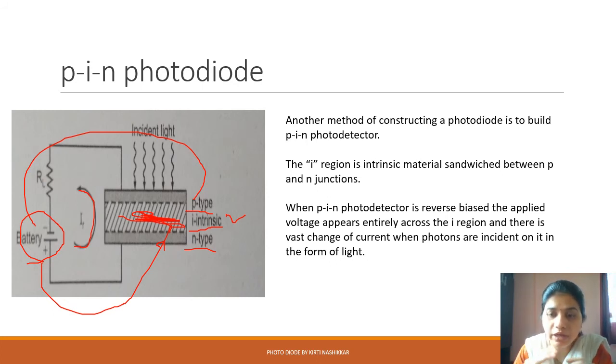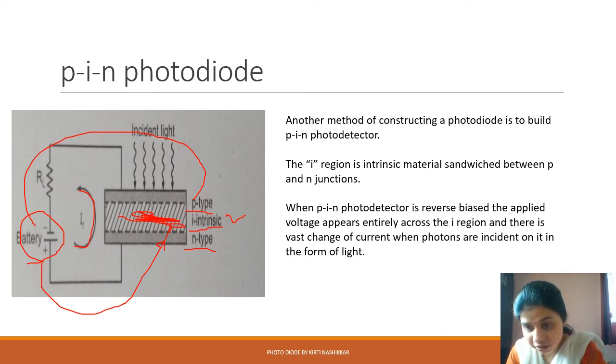Okay, and now the electron becomes free, and as they become free the current flows through the diode. As the number of photons is large enough, meaning we are incident with a large amount of light, the energy given by the photons to the electrons is large, so the number of electrons becomes very large, and that's why we can say that current flows in a large amount.